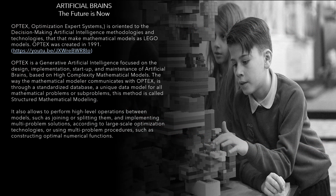OPTEX, Optimization Expert Systems, is oriented to the decision-making artificial intelligence methodologies and technologies that make mathematical models as Lego models. OPTEX was created in 1991. OPTEX is a generative artificial intelligence focused on the design, implementation, startup, and maintenance of artificial brains, based on high-complexity